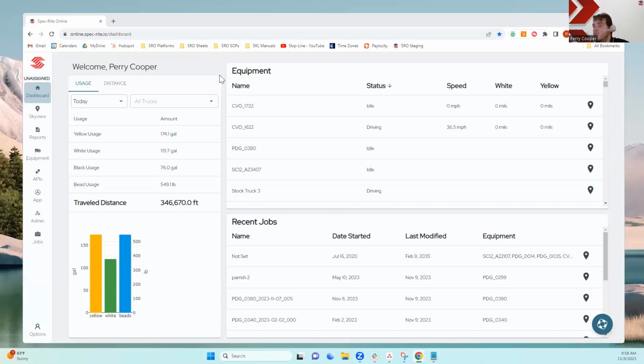Alrighty, so one of the most frequently asked questions we get is how to view material usage statistics by job. That said, there's two ways you can actually do that. The first is going to be through Skyview, and the second is going to be through reports, where you can actually pull reports out, export them, and send them around should you need to do so. That said, we want to make sure we're logged into our Spec-Rite account, and once you have, we'll go into